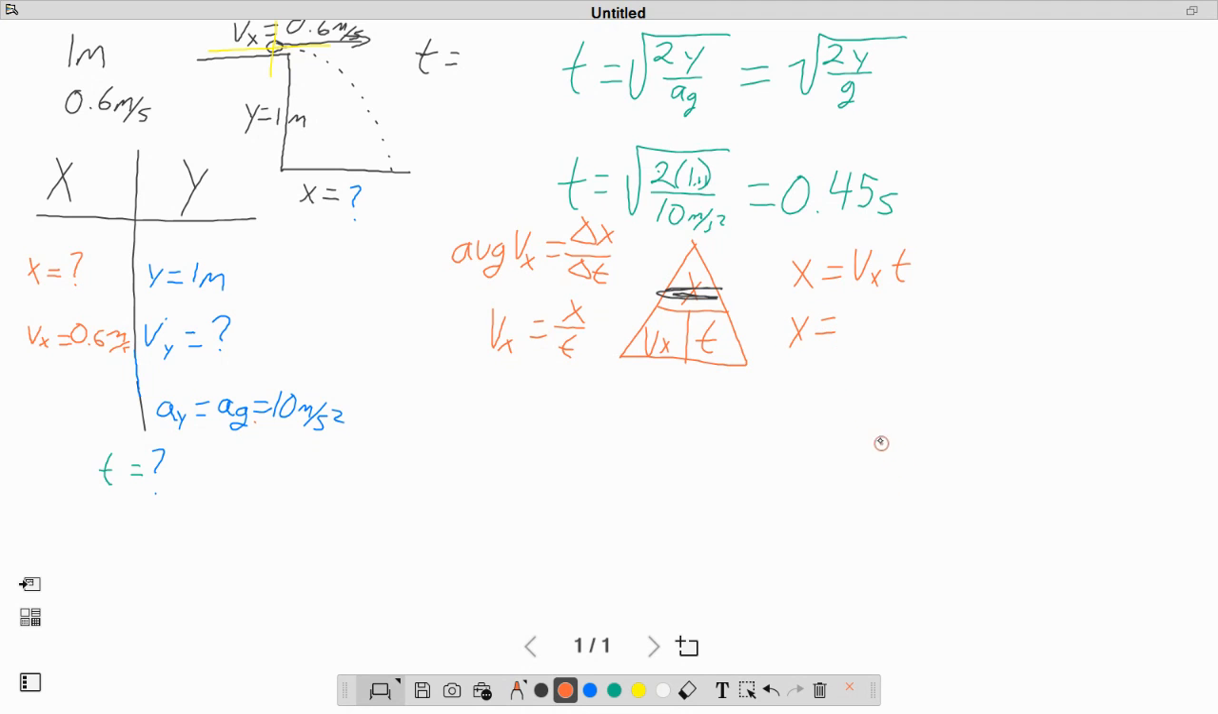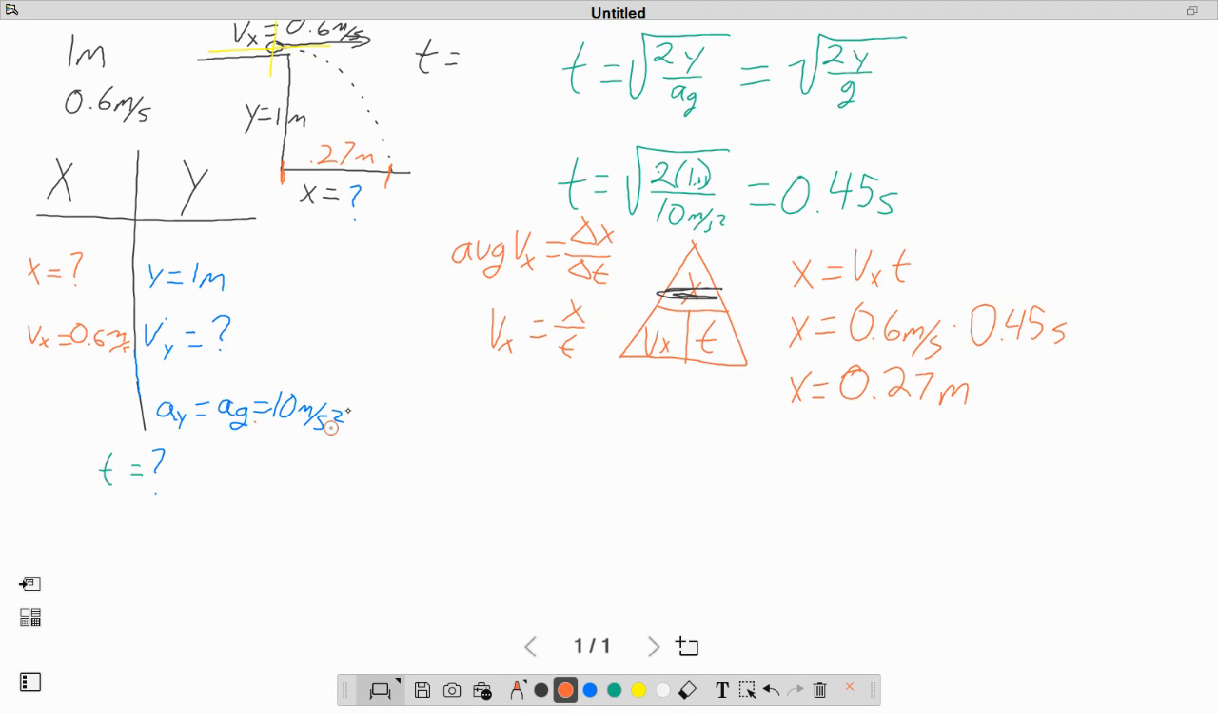So in this case, Vx is the initial velocity of 0.6 meters per second. And then we multiply by our time, which is 0.45 seconds. So then x is whatever that is. So 0.6 times 0.45. So I got about 0.27 essentially meters. So that's how far this would go from here to there. But 0.27 meters. Now this particular problem just asked for that, but I could also ask a question like, okay,